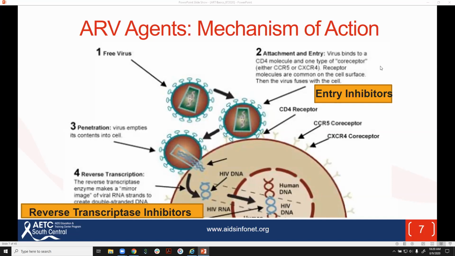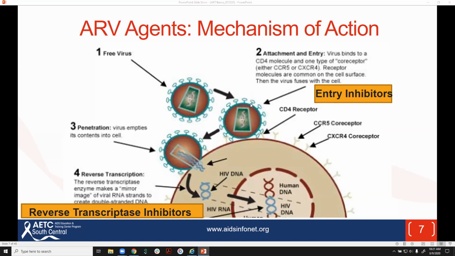So entry inhibitors are agents that somehow block this normal process of the HIV binding to the CD4 receptor, and then co-receptors, either CCR5 or CXCR4, and then the membrane fusion of the HIV envelope and the CD4 membrane together in order to spill out the genetic contents and enzymes that HIV has. And so the medications that block these